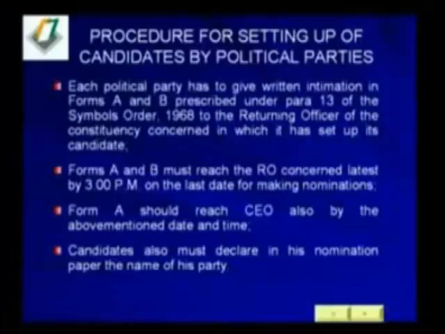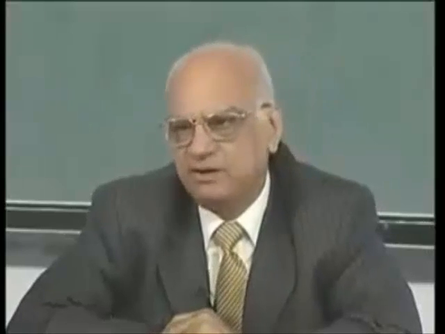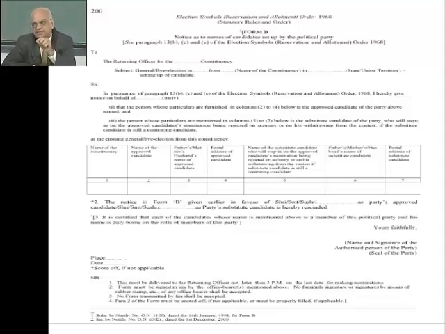And then that particular person who has been authorized to intimate you the name of the party candidate in your constituency has to give you that intimation in another form, which we call Form B. In that Form B, the authorized office bearer of the party will say, in constituency number so and so, he is our candidate, and he has to give the name and the address of the candidate. So that has to come from the person who has been authorized in Form A.